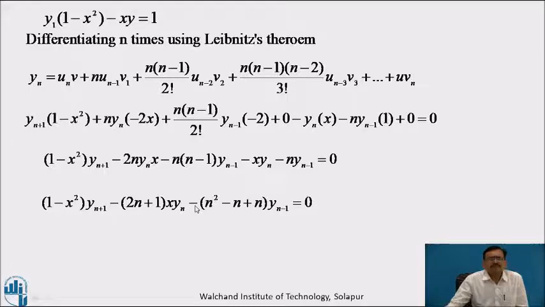Now next, minus, now you are writing the terms of y suffix n minus 1. Here you have taken minus sign again common, that is n into n square minus n, that is the coefficient of y suffix n minus 1, and here also you have taken minus sign common, therefore here n will remain into y suffix n minus 1. That is, 1 minus x square into y suffix n plus 1 minus of in bracket (2n plus 1) into x into y suffix n, and here minus n plus 1 will get cancelled, that is minus n square of y suffix n minus 1 equal to 0.